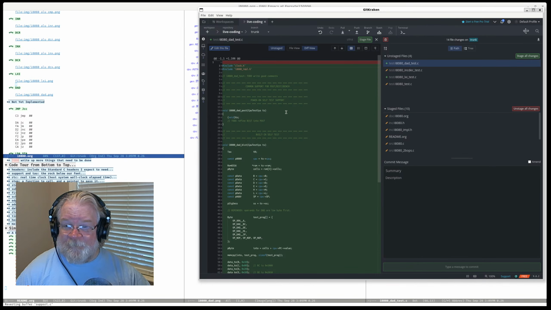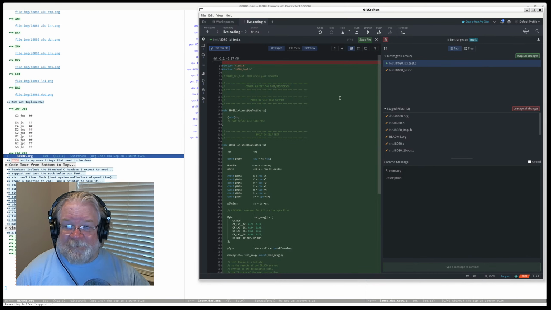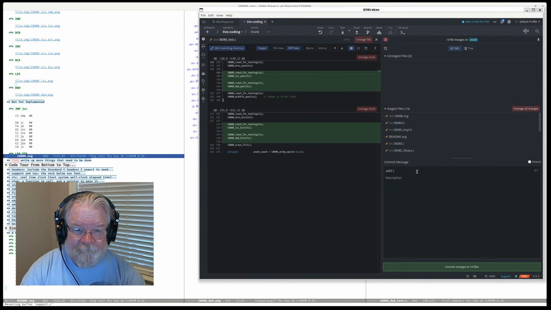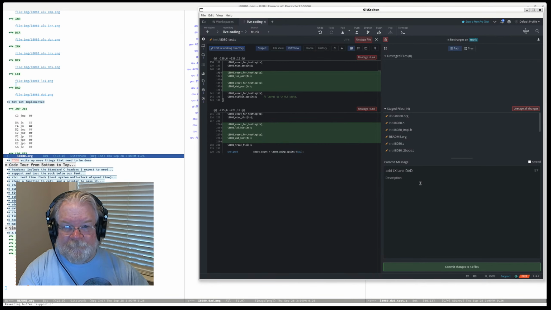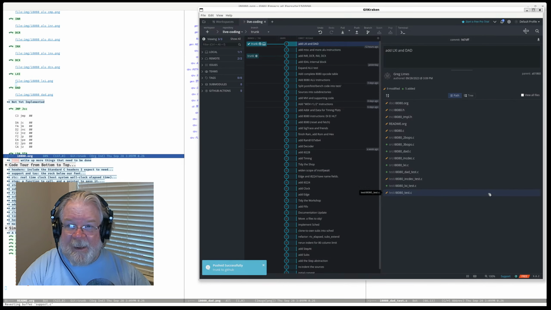Let's go back to aborting when we get a test failure. DAD test was added. Ink deck test was to do, right? Good comment. LXI test added. 8080 test now tests LXI and DAD. Commit and push. And I will separately add comments.